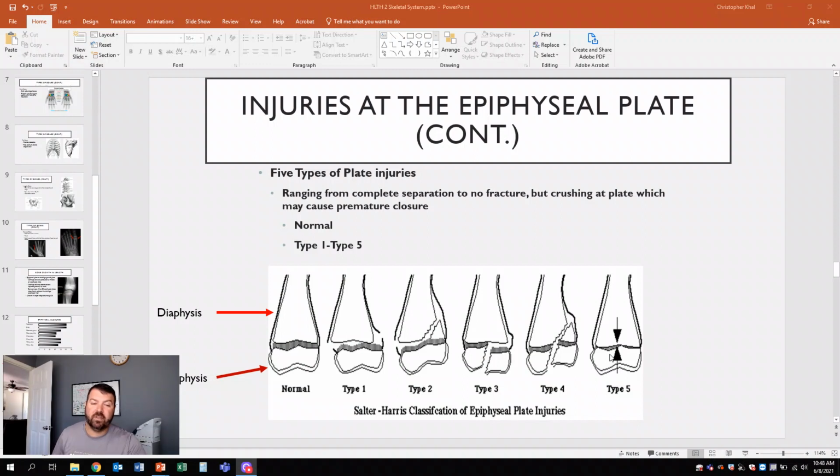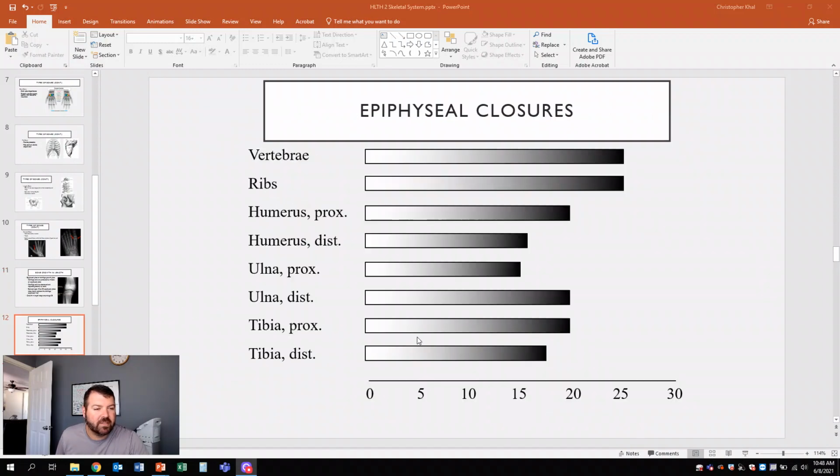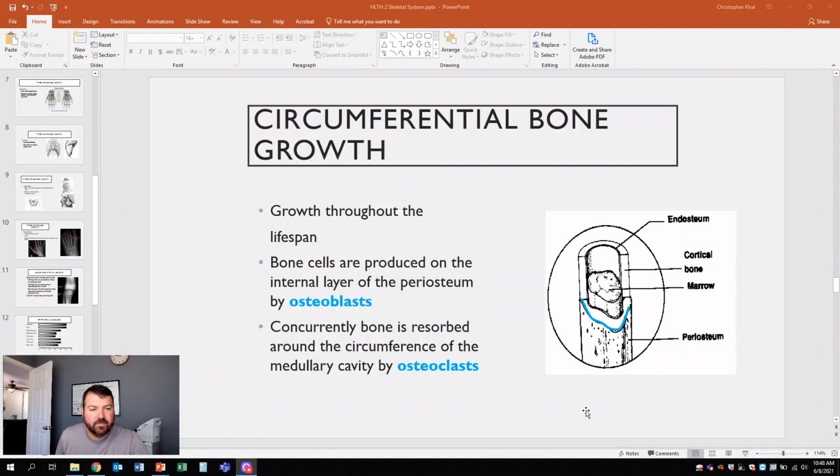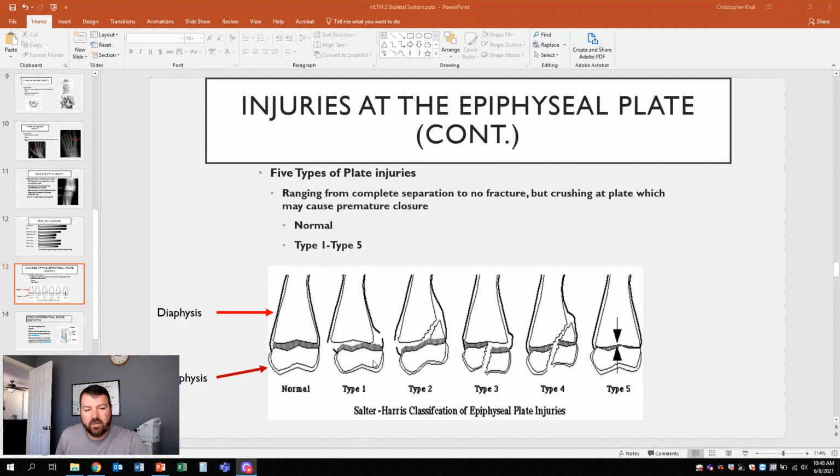For example, let's say this is a femur, okay, and you pick up a type of fracture here, and that closes that growth plate prematurely. Let's say you're 15 years old. Okay, if I go back to this picture here, I don't have a femur in here. Okay, let's say your femur closes by 20 years old. Okay, so by 20 years old,